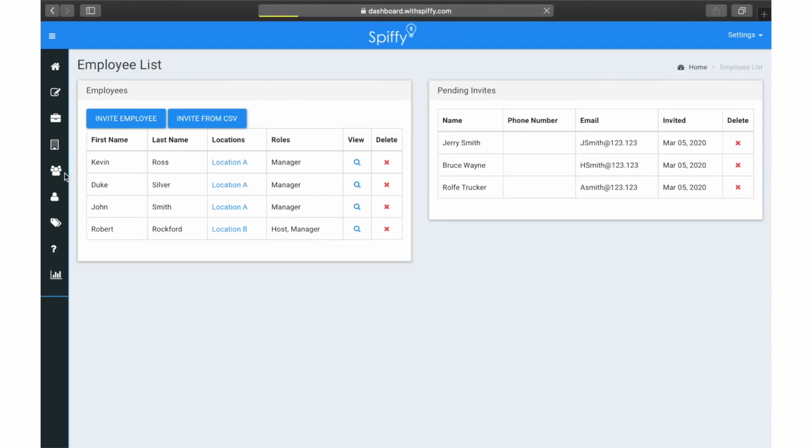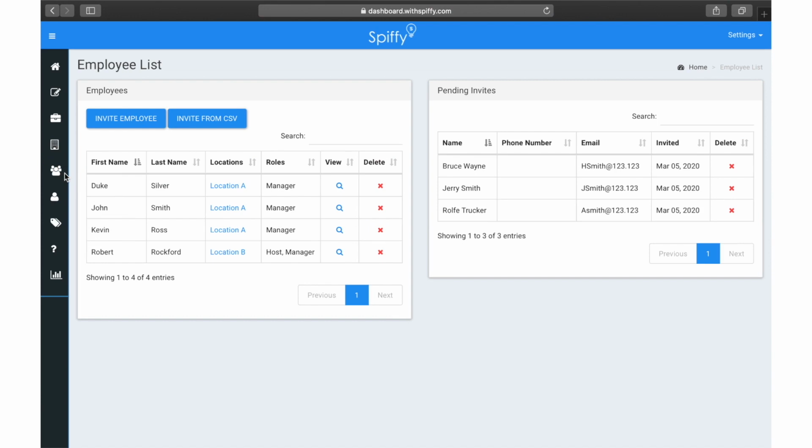Let's move on to the employees tab. The employees list would list all the employees that are on your team as well as all the pending invites. Starting from left to right, within the employees list, we have the list of all the employees currently in our business. We have their information such as their first name, their last name, locations they're part of,